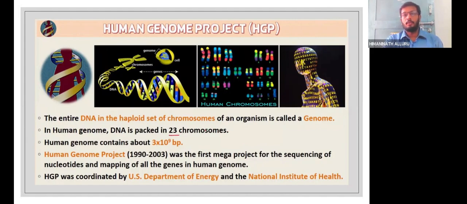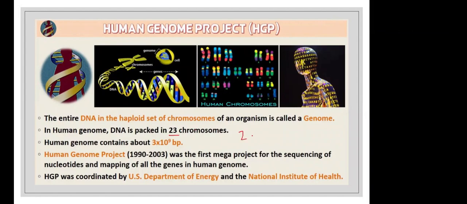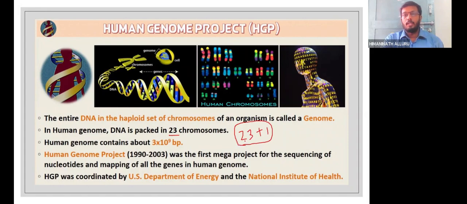They are going to sequence 23 plus 1 chromosomes. Because total autosomes are 22, and sex chromosomes are 2. For male 1 and female another, an extra, maybe for that. Yes, ma'am, exactly. But in the 23 chromosomes, there are 22 autosomes and 1 X chromosome, plus the Y chromosome